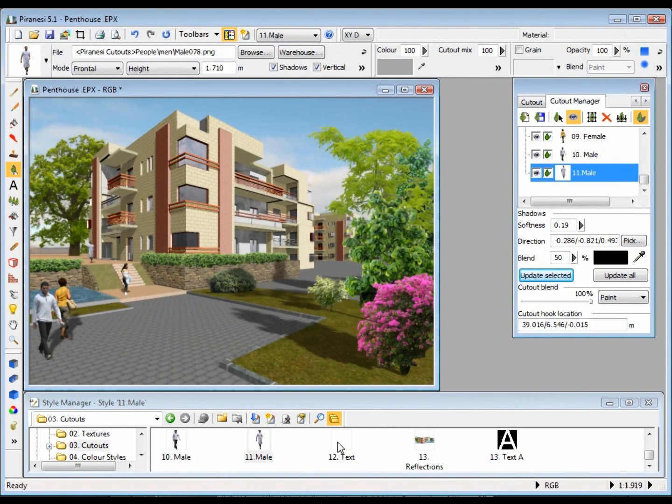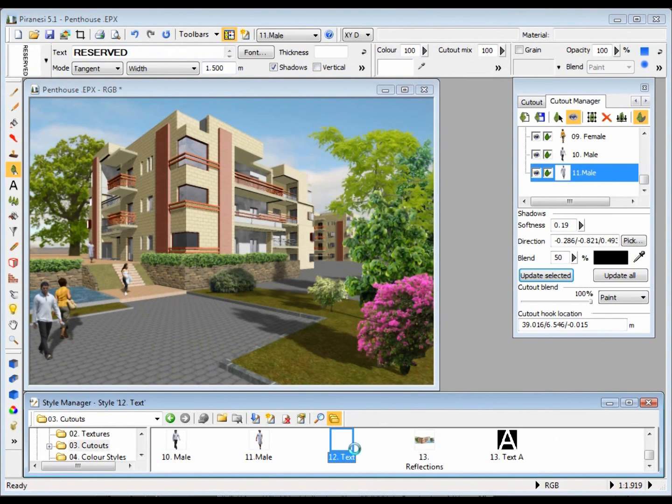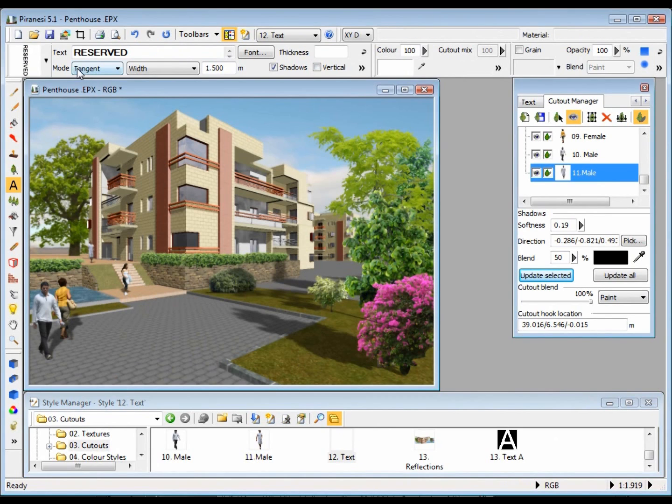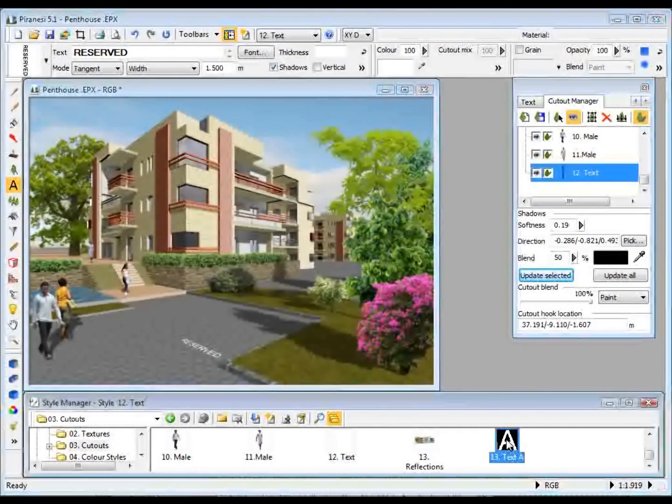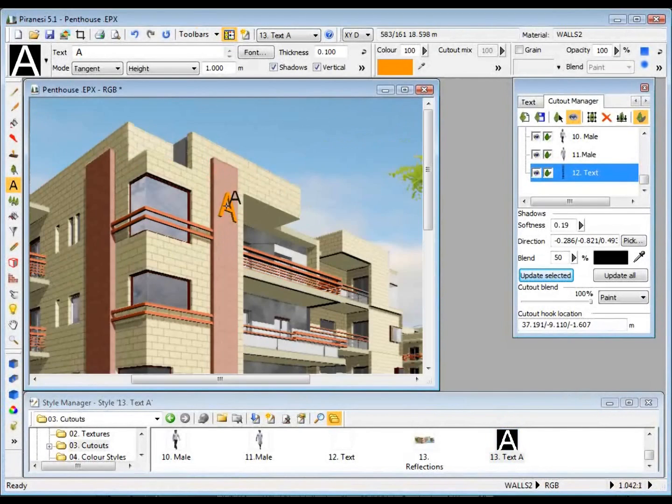We can also add some text to the image. And what I'm doing, I'm using a tangential setting here for the text, so the text lays flat on any surface I'm going to put it on. I'm going to put a reserve sign just there, and we're going to put a car in the scene in a moment. We'll do reflections as well in a moment. Let's add a tangential piece of text, but this time we can make our